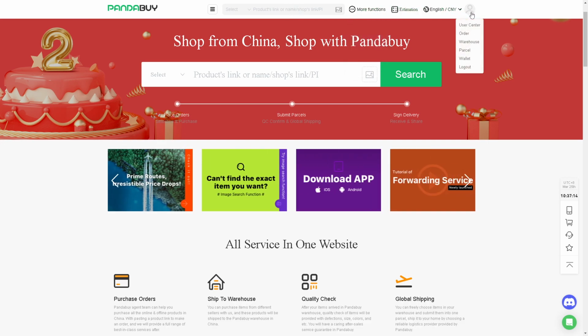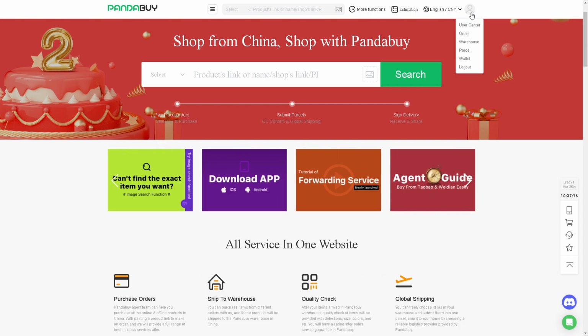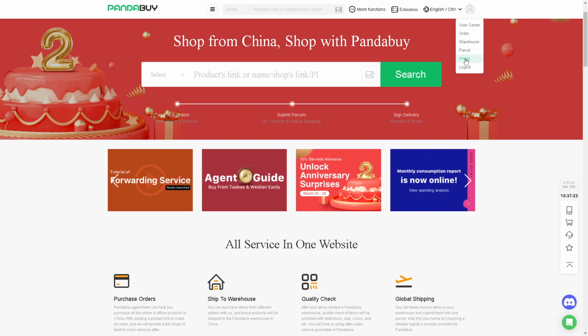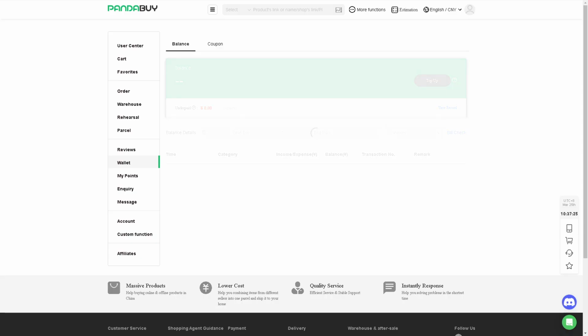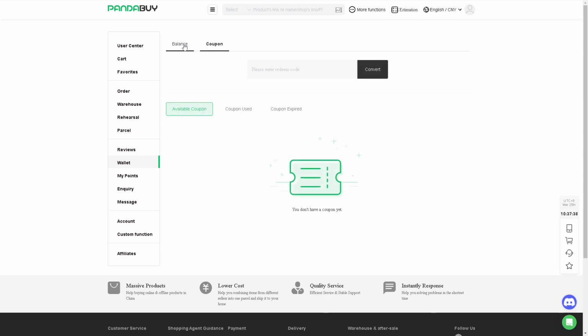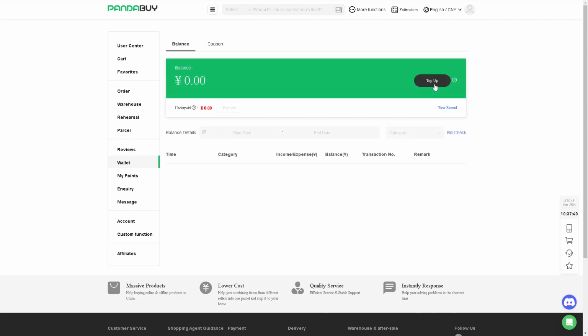but primarily what you need to do is go to the upper right corner. You see the profile icon, click on the wallet and under parcel. And once you've done that, say for example you have a balance here, and when you click on it, you have the option to refund your balance. Now when you click on the refund option,